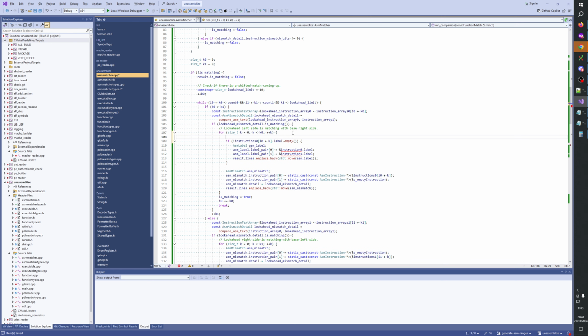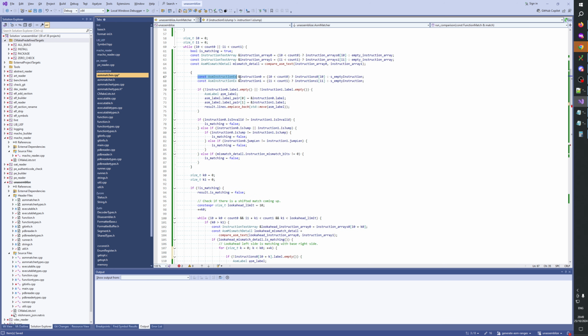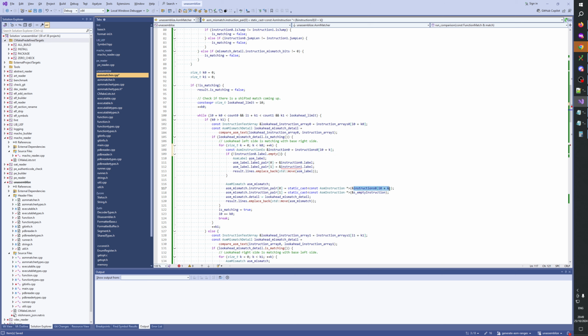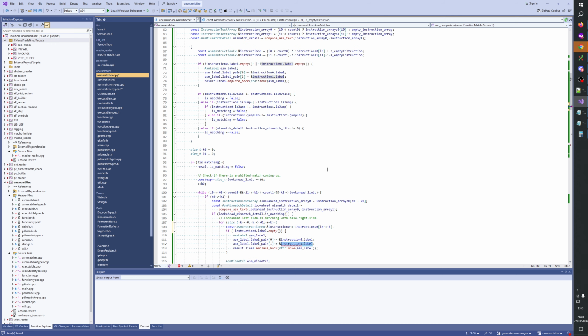Maybe we should simplify this to instruction 0. Remove this. Instruction 0 I plus k. So we just need to do this once, and then we use here instruction 0. And here as well. And here we use